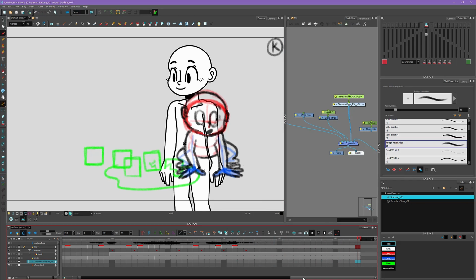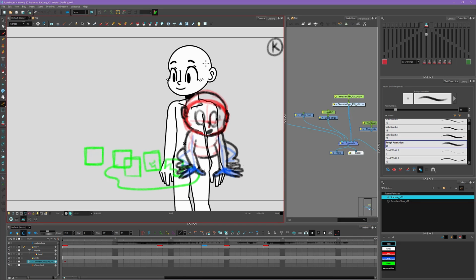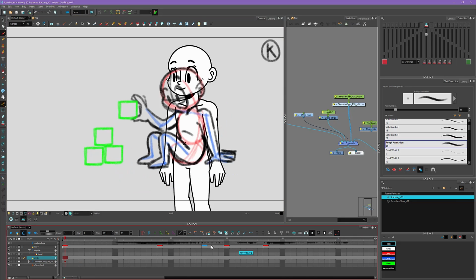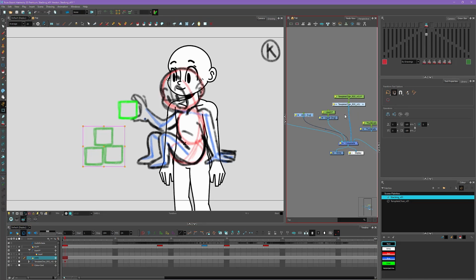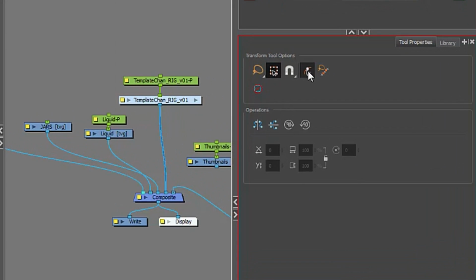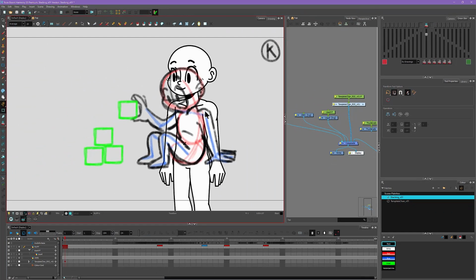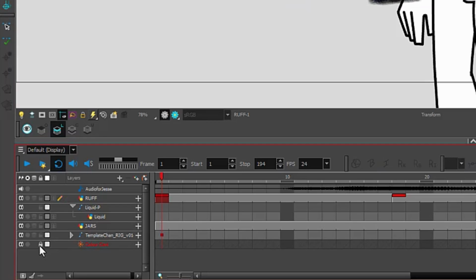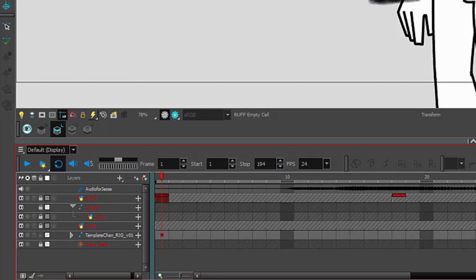And then the next thing we want to do is we want to pose our character for each one of the keyframes. So we're not going to worry about any of the in-betweens right now. We're just going to go through every single keyframe and pose the character so that he matches our rough animation. So again, I'm going to use the transform tool to do this, and I'm going to make sure that select peg only is selected so I don't select any of my drawing layers. And so I don't accidentally select any of my rough animation or the background, I'm also going to select the padlock on all of those layers to lock them so I don't accidentally select them.